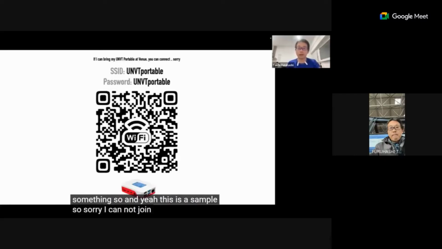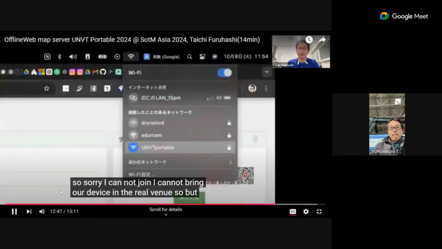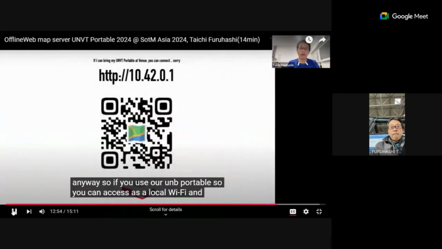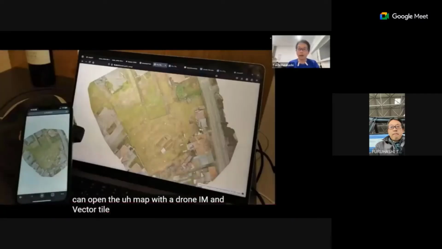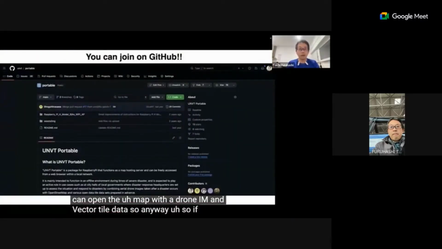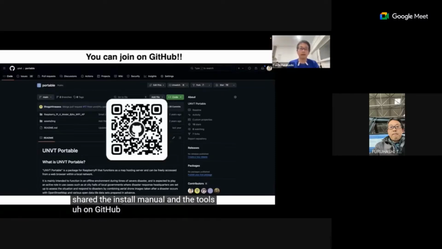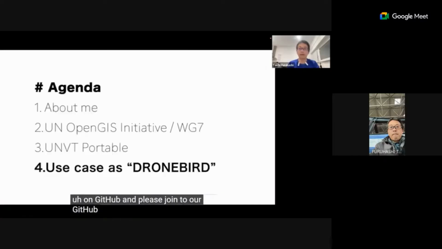Sorry, I cannot bring our device to the real venue. But if you use our UNVT Portable, you can access it as a local Wi-Fi, and you can open the map library with drone imagery and vector tile data. If you want to try, we shared the install manual and tools on GitHub, so please join our GitHub.